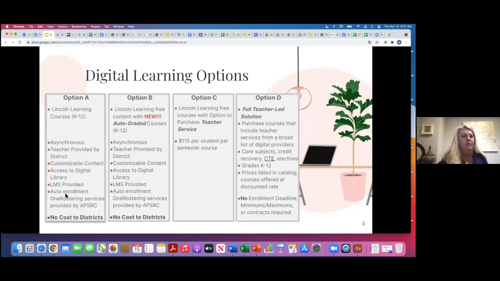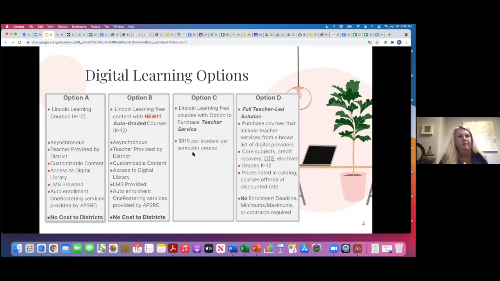We will continue to provide the auto enrollment piece through the one rostering service that we do in partnership with you to pull data out of your eSchool system and keep it fresh for you. The content itself has not changed in that there's still access to over 150 core and core elective courses, and full access to the digital library, which is possibly going to prove even more valuable as we go into next year when we may need more flexibility in accessing content at a prior grade level to pull in for learning recovery moments.